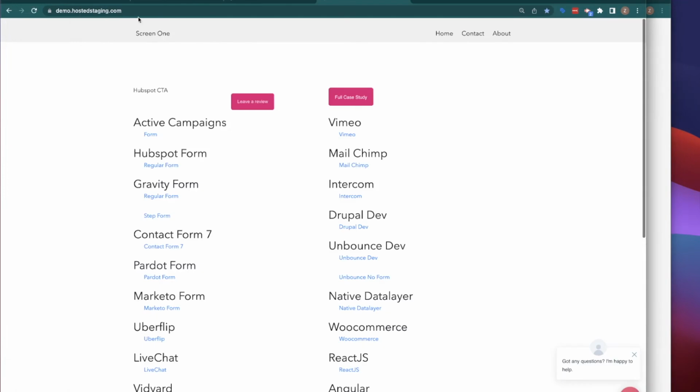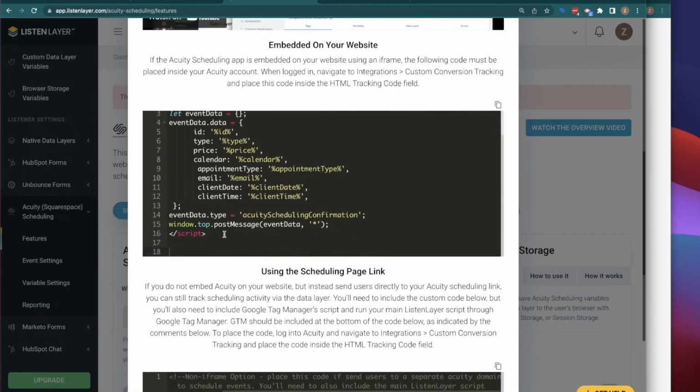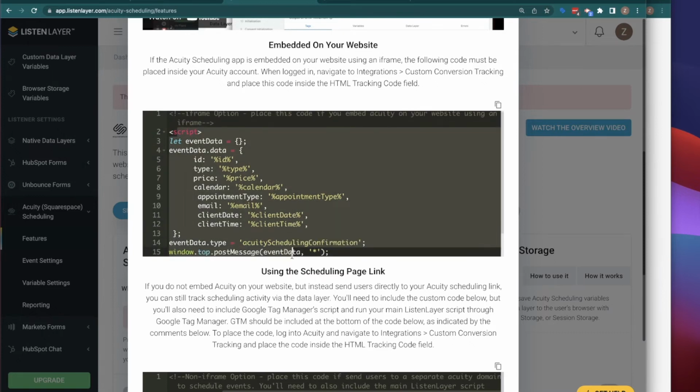If we jump back to our other option, however, in this option, you actually should not be running Google Tag Manager on Acuity directly because you'll be running Google Tag Manager on your main website and Acuity will be embedded inside of an iframe. And so what this script does is it allows that iframe to communicate upwards to the parent page, which is your website, and the data layer activity will appear on your actual website, and that's where you're going to set up your Google Tag Manager and you're going to receive the data layer activity